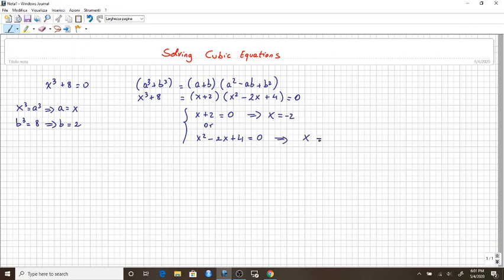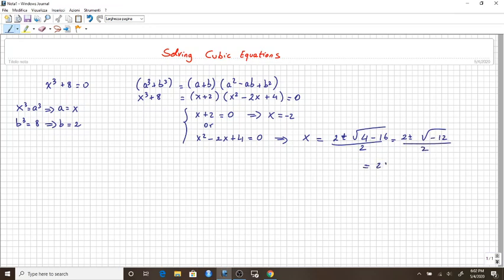again, we're going to use the quadratic formula. I'm not going to rewrite the quadratic formula. You should have it with you. So it's minus b, which is 2, plus and minus the square root of b squared, which is 4, minus 4 times ac, which in this case is 16, divided by 2. So it's 2 plus and minus the square root of 4 minus 16, which is the square root of negative 12,